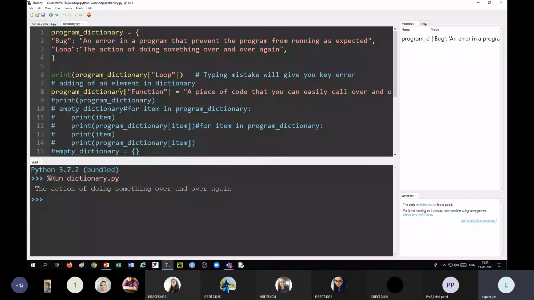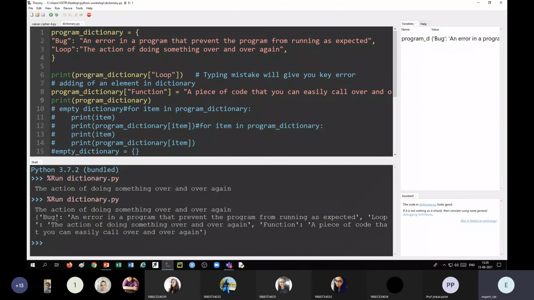So program dictionary, the new key equal to the new value. Now if we do this and print, we will have three elements. We have bug, we have loop, and the third one is function.